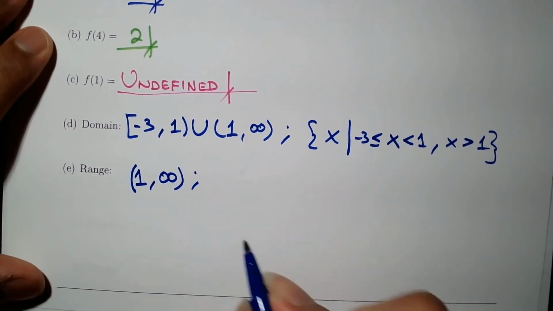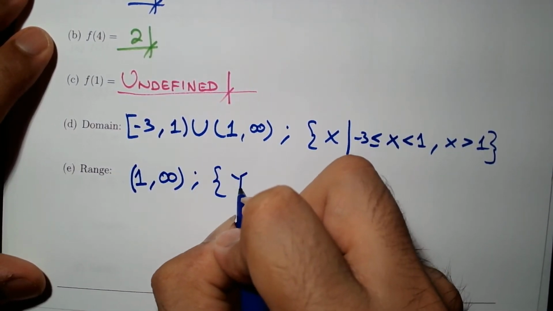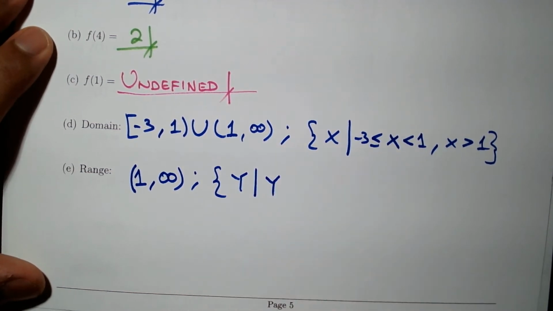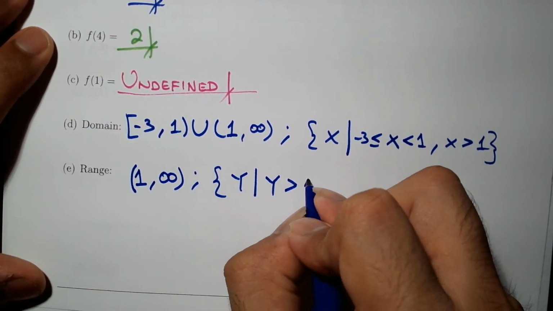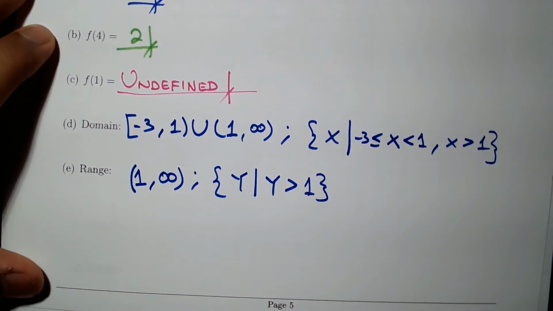On the other hand, the way we express the range using set notation, y such that y is greater than 1, not greater than or equal, only greater than 1. Okay,